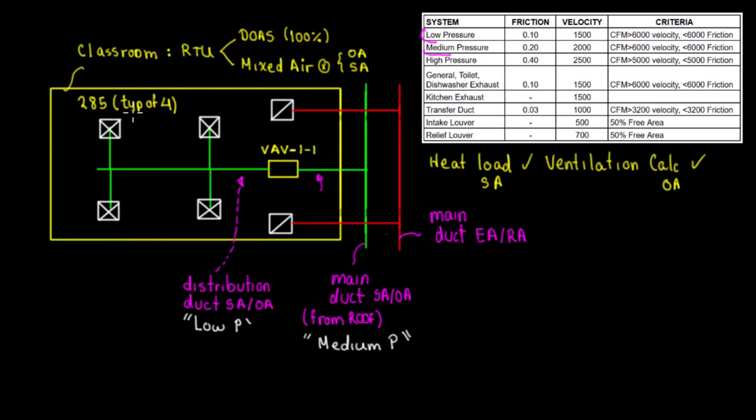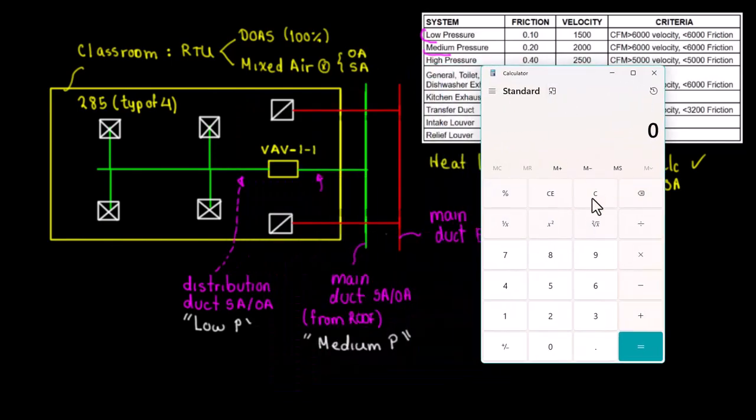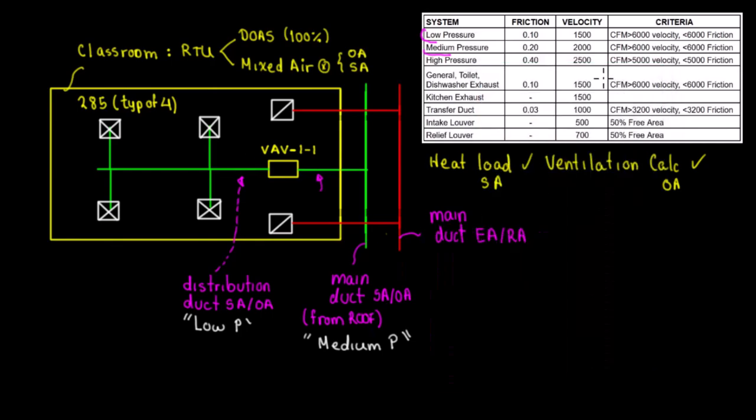Let's check. So how much is 285, 1, 2, 3, 4? I'm just going to do that in my calculator. Okay, so what's 285? We have 285 times 4, right? So 285 times 4, it's an easy calculation. It's gonna be 1140, right? So we're gonna put in here 1140 CFM. Okay. So you're going to say to the representative, hey, I have 1140 CFM, and you can always